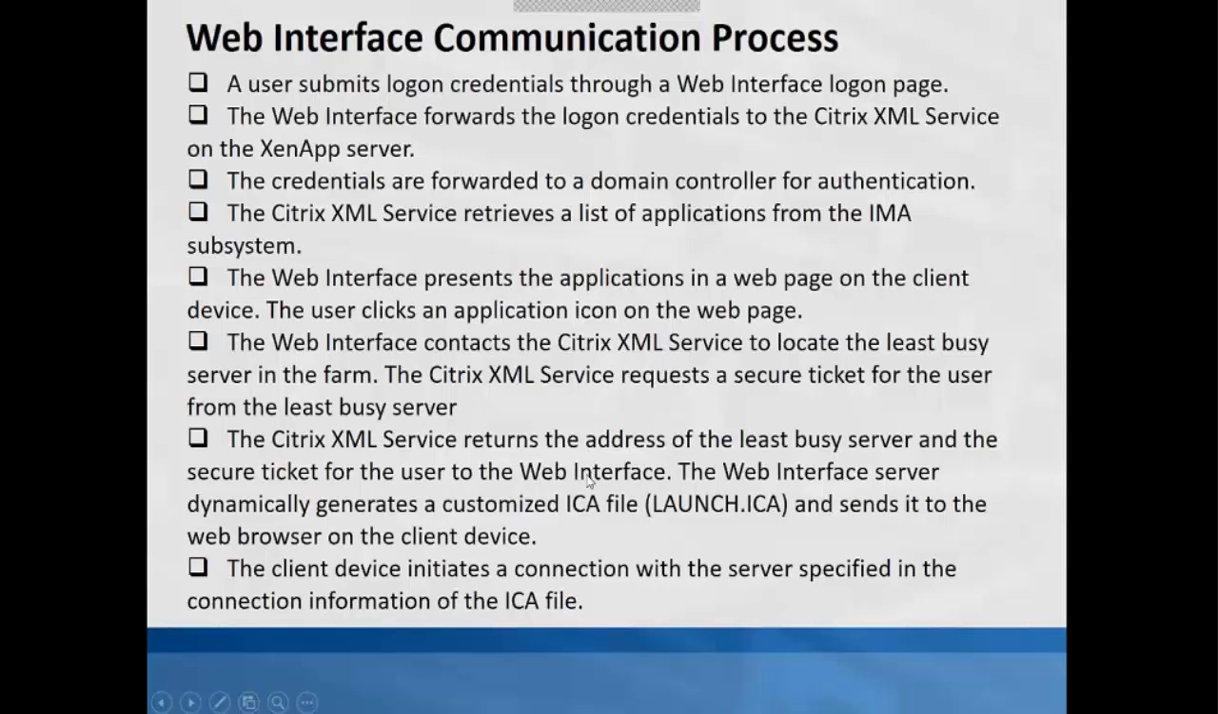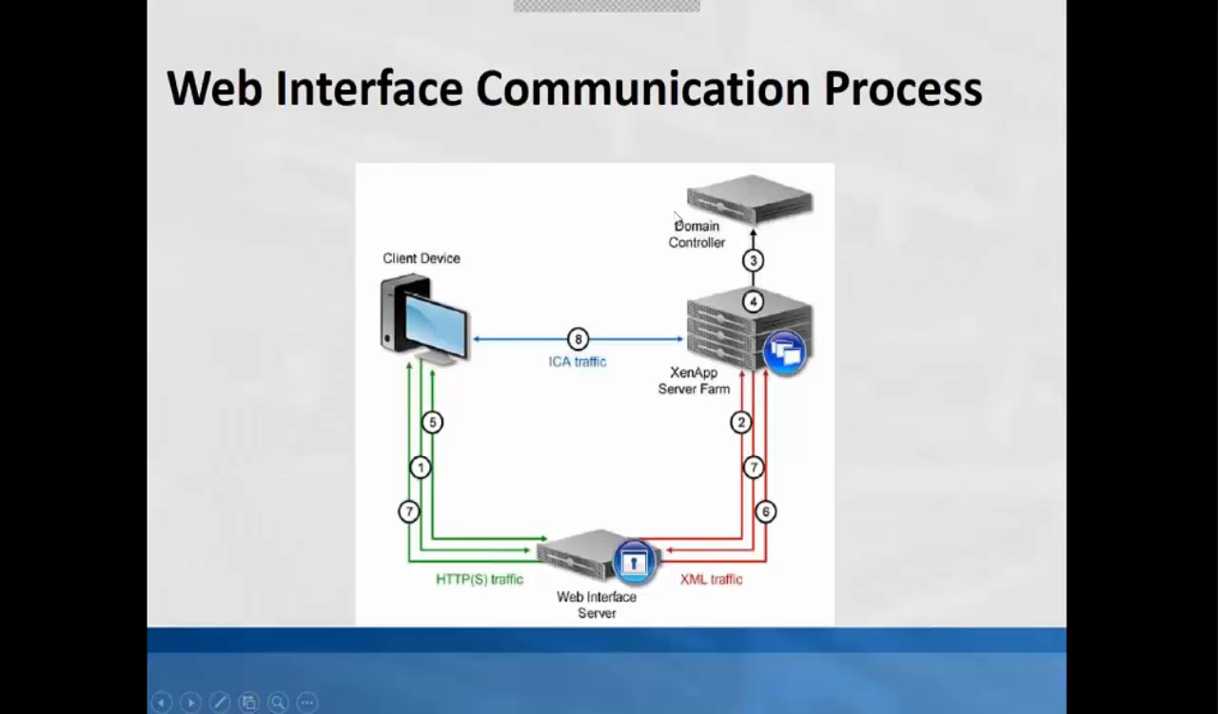This is the process for the web interface communication. It's all step by step. I'm just going to send you the slide. So it goes from the user submitting the logon credentials through a web interface. The web interface forwards the logon credentials to the Citrix XML service. So the XML service catches those logon credentials of a user. The credentials are forwarded to the domain controller, just like in the previous picture, it's showing that XML traffic is received by the web interface. So the credentials of the user are going there as the number goes, number one,